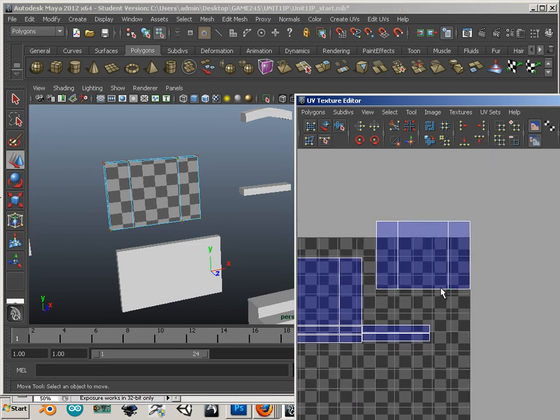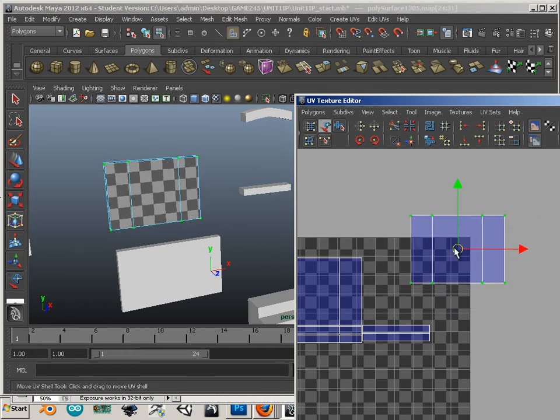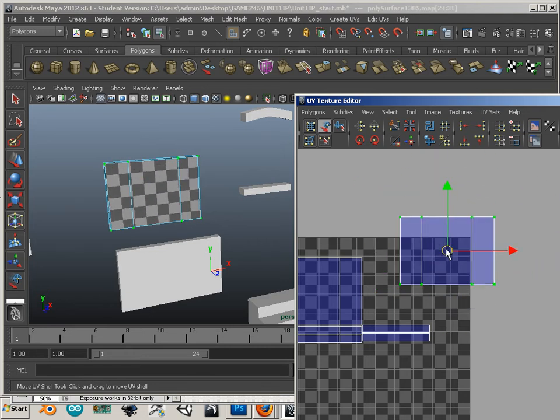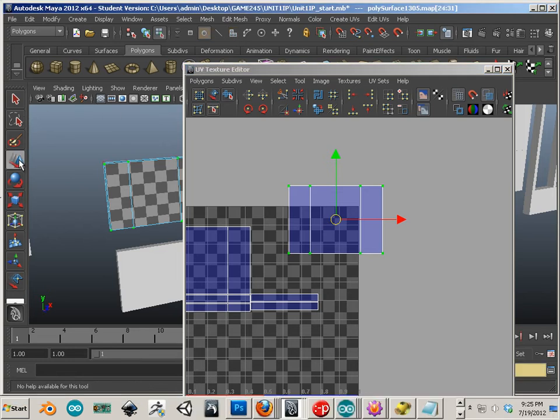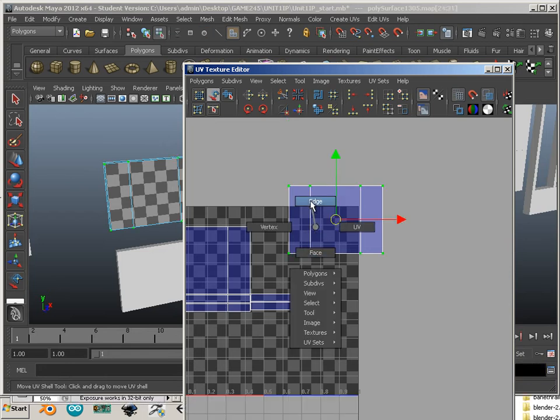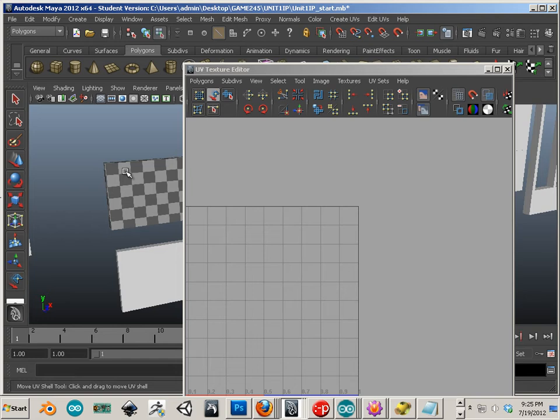I'm going to show you a different way to move these around. It's this button right here. So move shell tool. If I click on it, notice it automatically highlights the shell and allows me to move it around. The disadvantages of this is I must go over to this move tool in order to do anything. So case in point, if I go here and click here, if I go to edge, it won't let me. And it's very, very